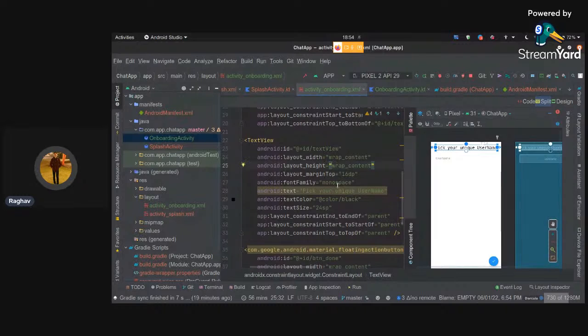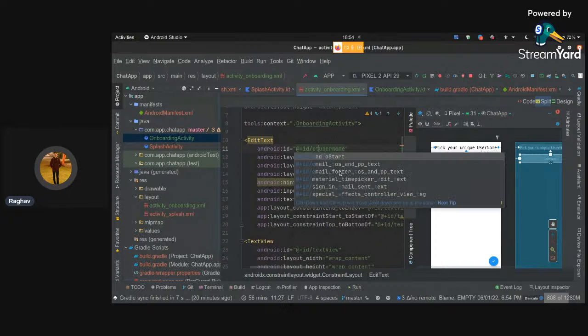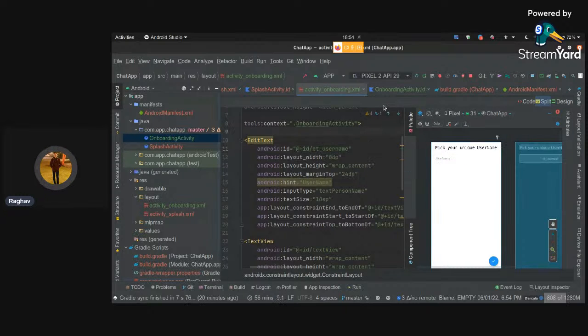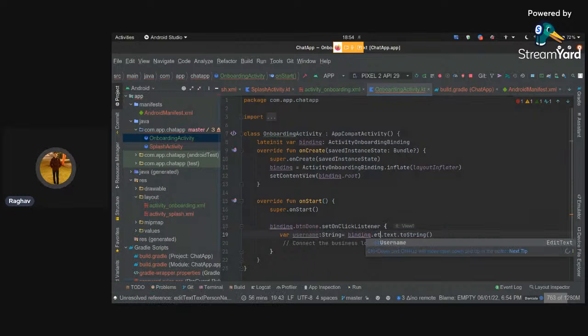Since these are not accessible programmatically, we can have it like that. And ideally it should be cleanly edited, but we can keep it. And it should be edit text, not just username, a recommended practice. And it will give error everywhere. But since we know the button name and the username,